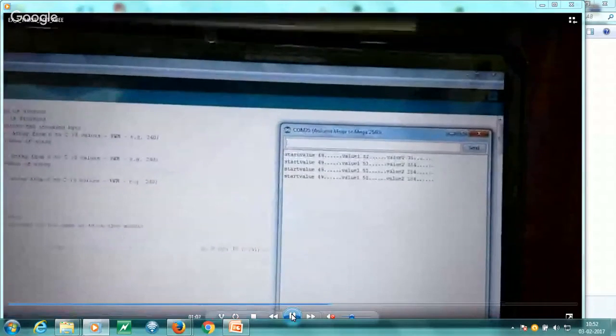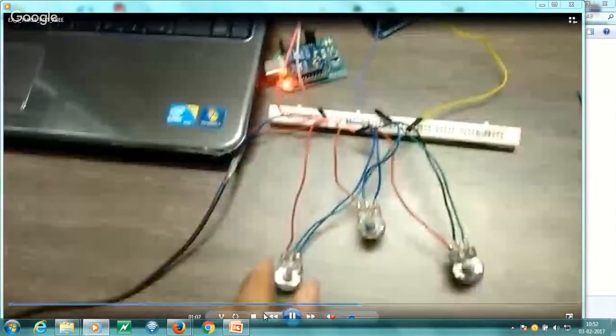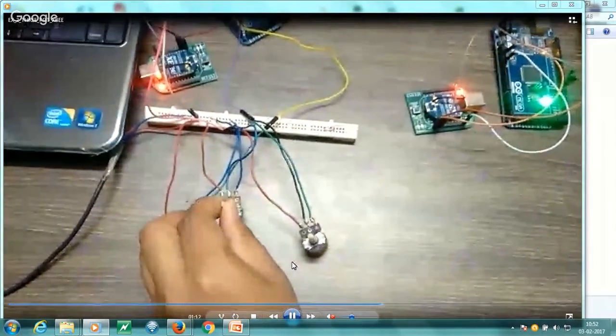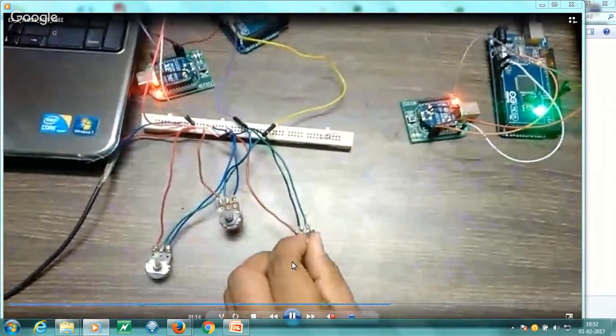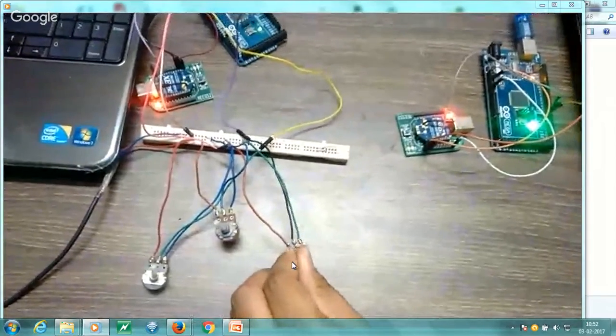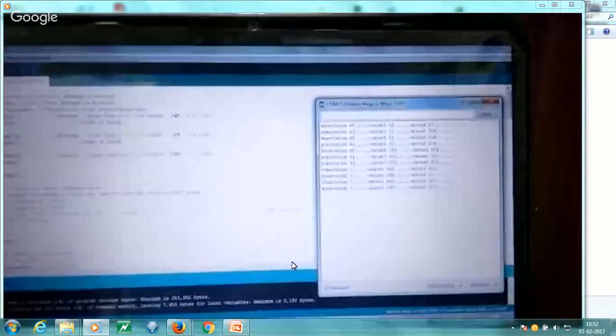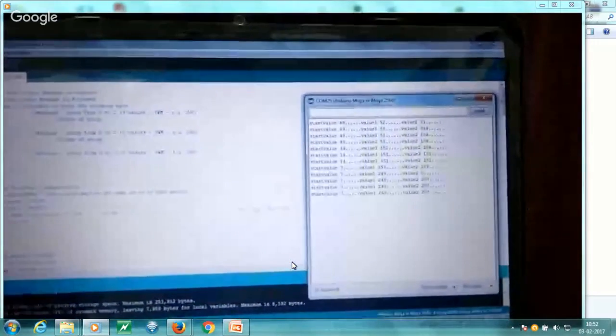By this type of experiment, you can get a number of values, because I have already told you that the Arduino Mega board has 16 analog pins. So we can send 16 different analog input values to your receiving end. This is really very useful in your research whenever we want to get some values from your